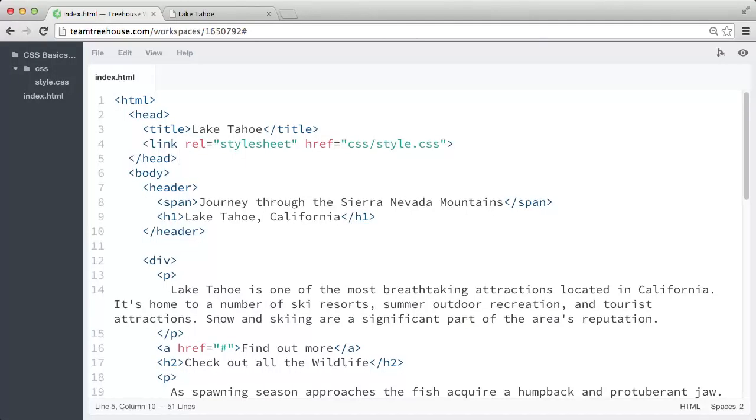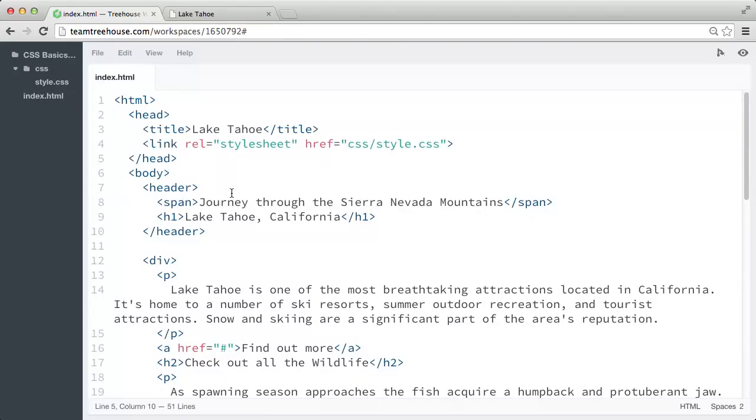Selectors are one of the most important and powerful parts of CSS. We can think of selectors as patterns that allow us to target HTML elements and apply styles to them. When we define a selector in our style sheet, we're instructing the browser to match every instance of that selector in the HTML. And we've actually already written a few CSS selectors in the previous stage when we added CSS